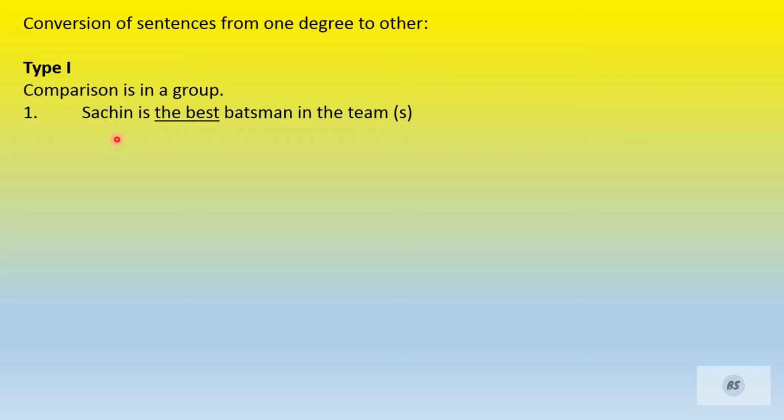See an example. Sachin is the best batsman in the team. Now the moment you get a sentence, you will hunt for an adjective, what adjective has been used in it. Now if you see, best is the adjective used, then you have to decide whether it is positive form, comparative form or superlative form. Of course EST is the third form. And one thing let me tell you, always before the superlative degree we put the. Always superlative degree takes the with it. Sachin is the best batsman in the team.